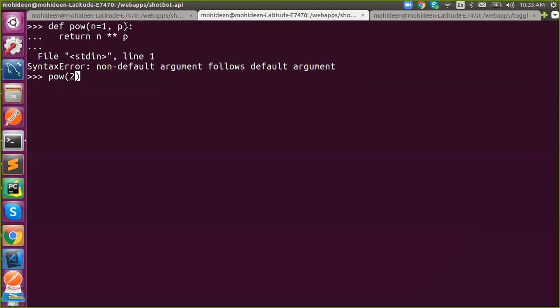Hope you get it. Otherwise, tell me, I will explain once again. So either the first should be default and the rest also default, or else if you make the first non-default, then we can keep the others as default. But when you keep the first argument default and the remaining non-default, it will raise syntax error because anyway you will get an error while you're calling a function. That's why it raises syntax error. Understand?